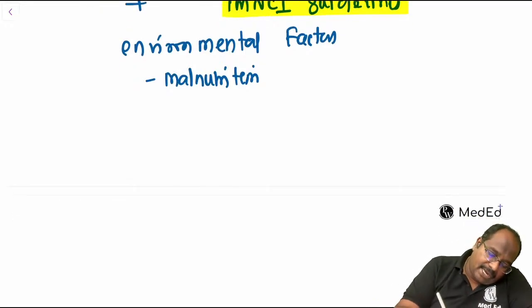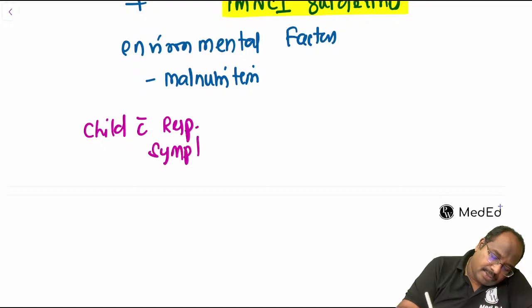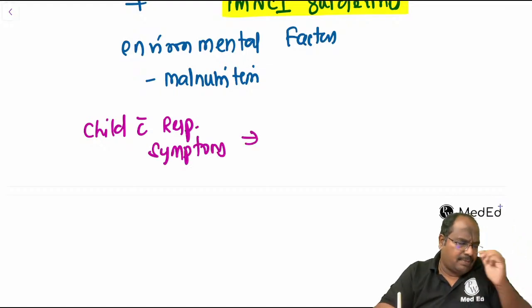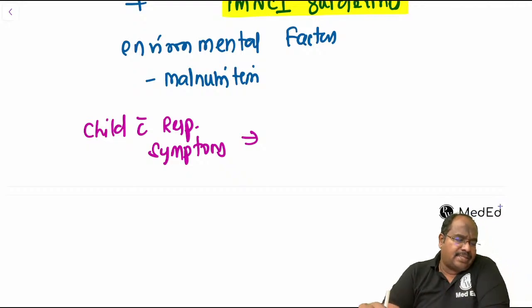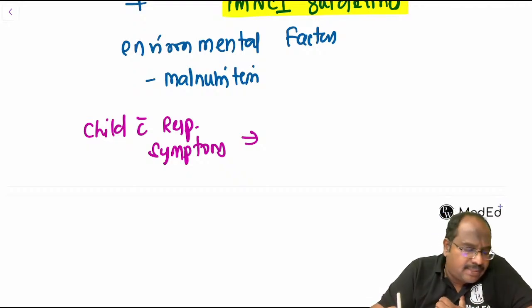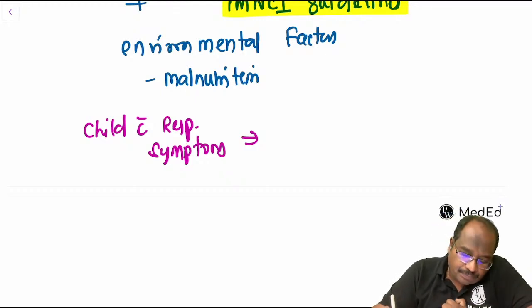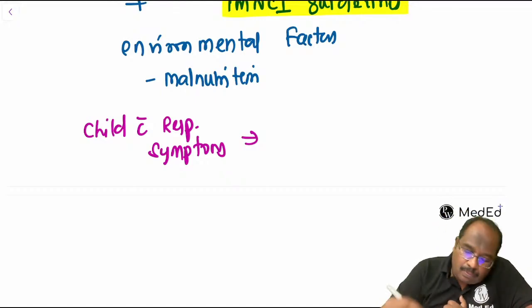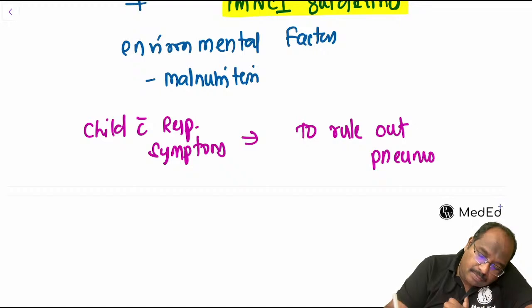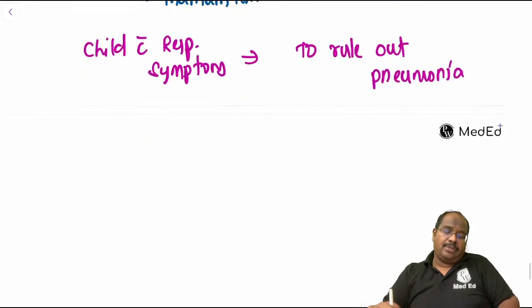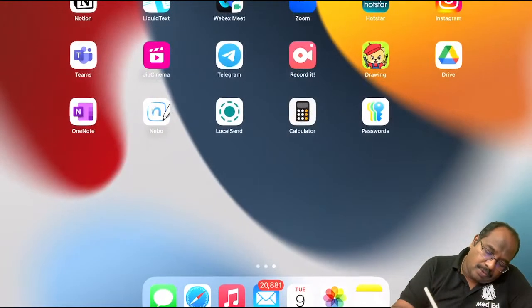If it is a child with respiratory symptoms, okay, last day's class I have sent it from my side, I will ask them to put it. A child with a respiratory symptom, what every teacher wants is that you should rule out pneumonia. That is the primary. To rule out pneumonia, again we have to follow